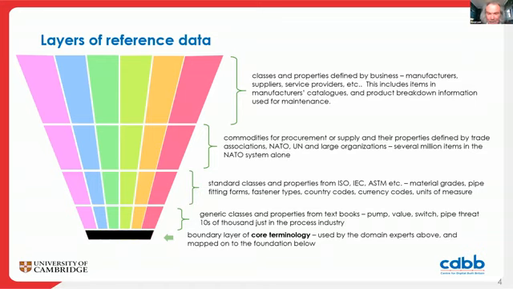And they may well specify that it complies with a particular commodity item, i.e. we supply this commodity, which complies with this NATO commodity code. So the links are up and down the stack, but the number of items goes from the thousands at the bottom. The process industry ISO 15926 core terminology was initially about 12,000 classes and is now going to be expanded out to about 30,000 in the next release. But as you go up the top, there are millions of items, and